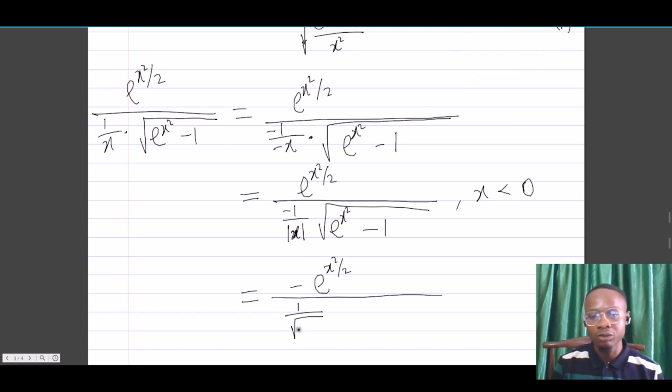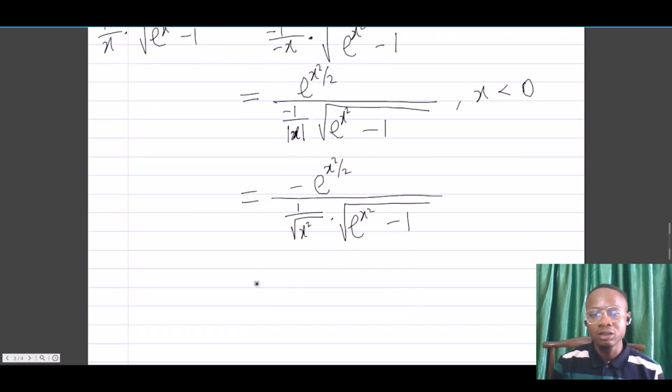So this will be 1 over root of x squared, multiplied by the root of e to power x squared minus 1. And from here, this is going to be equal to minus e to power x squared over 2